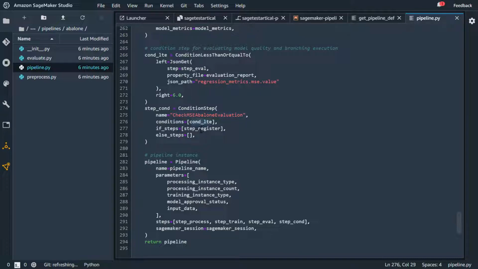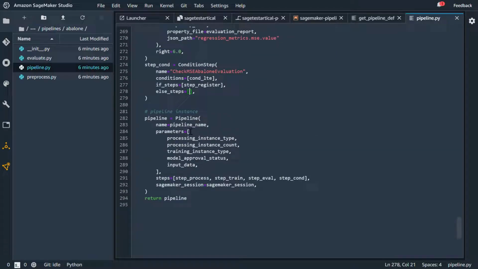Then we have the condition, then we have the if, and if there is any else step, we can do it. So actually you're building a pipeline with conditions, deciding whether to go to the next step or not. This is the simple way that you define a pipeline, but you have to set each of these parameters, as usual when sending a job to SageMaker. You already have to know this. If not, you have to learn the basics of building your own pre-processing or training or anything that we're using